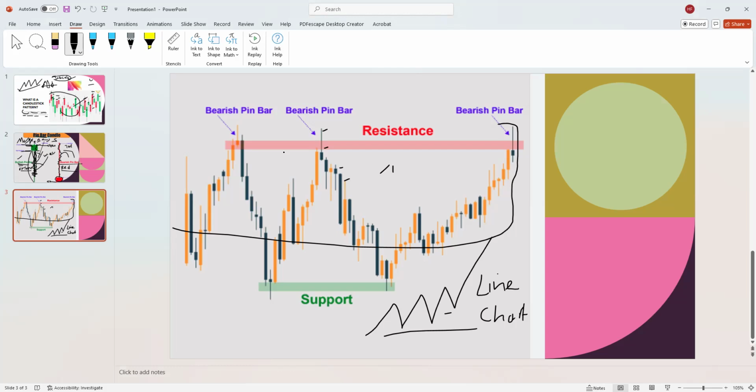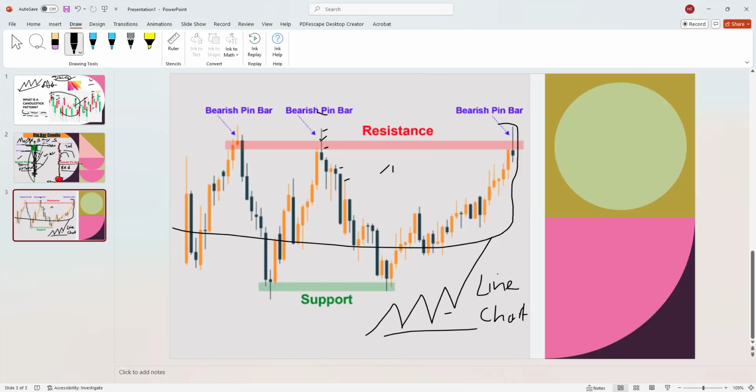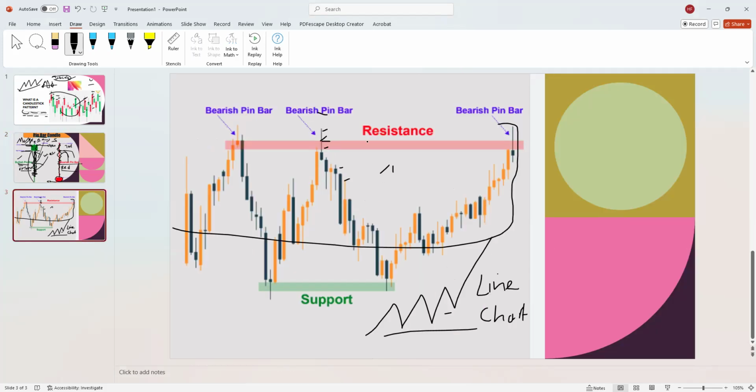Now, the same days you see the same pin bar there. We call it bearish pin bar. You remember that I just told you about the bearish pin bar and the bullish pin bar. In short, you see the difference now. Whenever you see the empty wick pin bar upside down, that means pushing the price down, that means the stock is about to go down. And you see that here in the short.